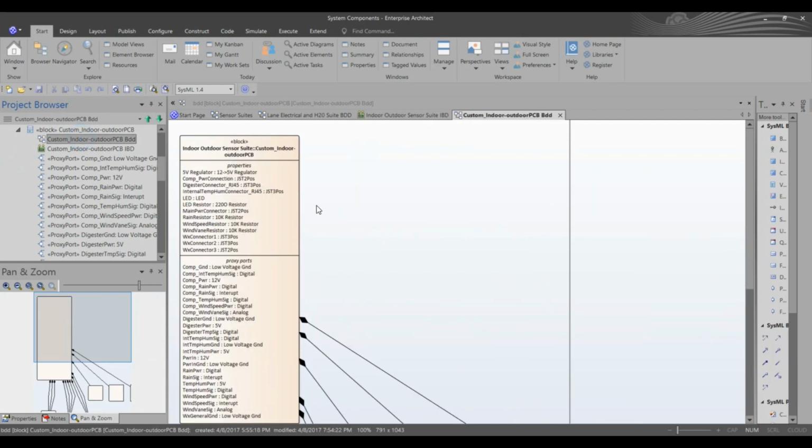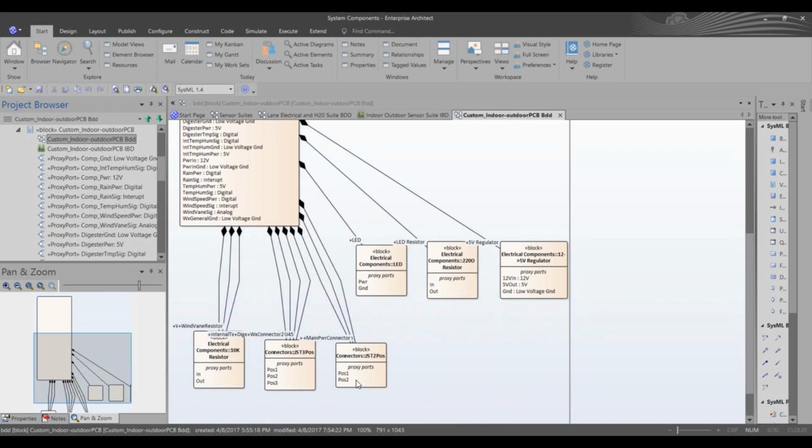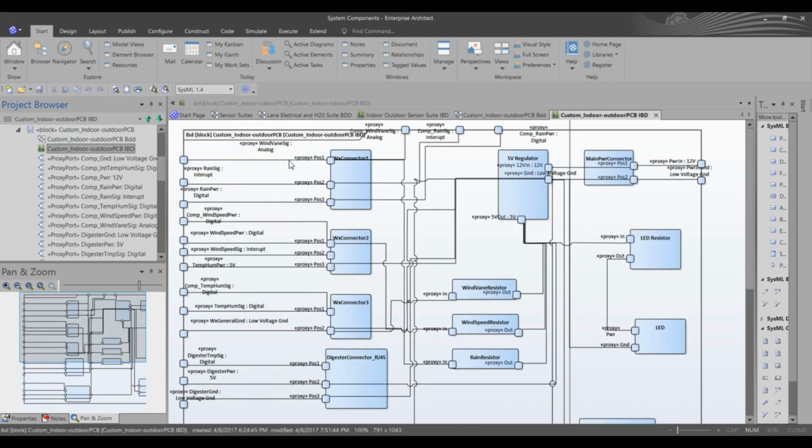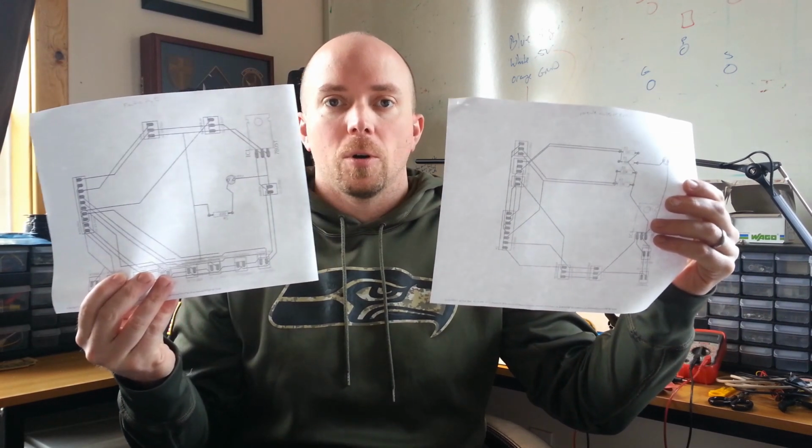So if we look at that, here's a block diagram of this custom board, and it consists of quite a few parts. It's got some LEDs on it, a resistor, a 5-volt regulator, some JST connectors, and then all those things come together, and this shows how everything is actually all wired up to each other. So I did that for every different thing that needed to be built for these sensor suites. So I took all those 19 pages and I turned them into 2 simple layouts for 2 custom boards